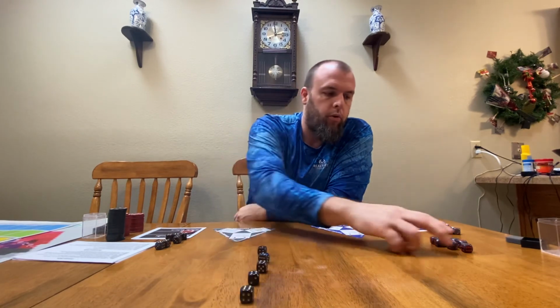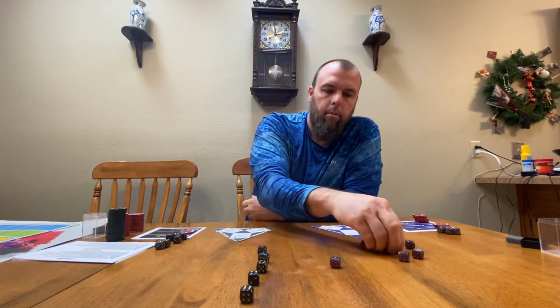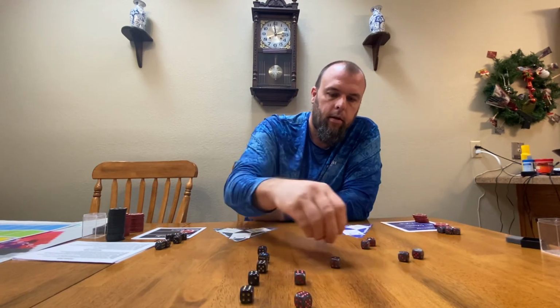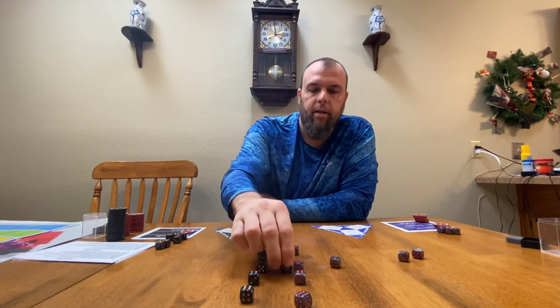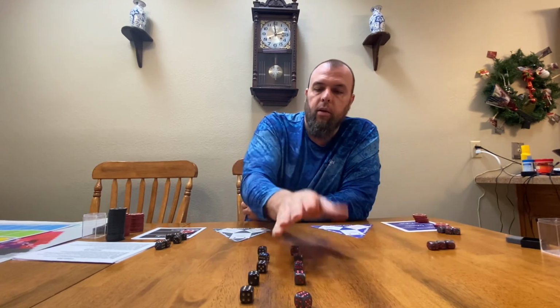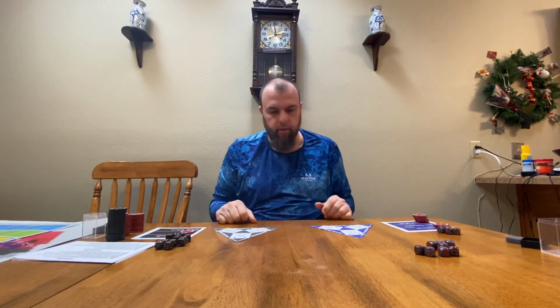6, 4, 4, 2, 1 versus my 8 defense. Better roll. 6, 6, 5, 4, 4. It does no damage. That was a 4. It does no damage. He doesn't beat any of those. So that turns over. And so this fight continues back and forth until